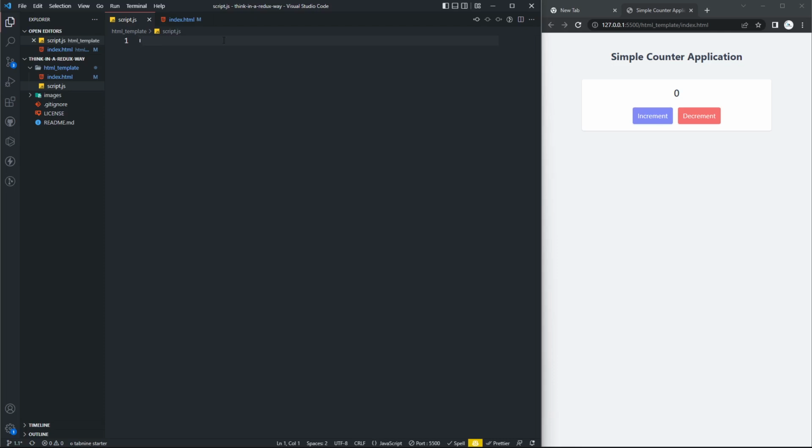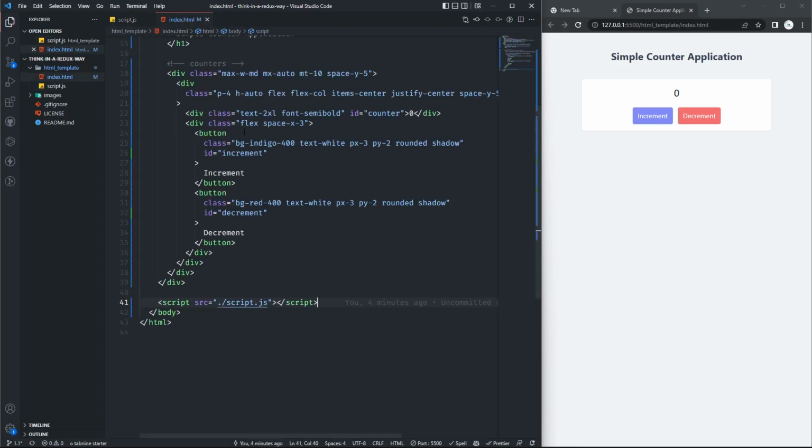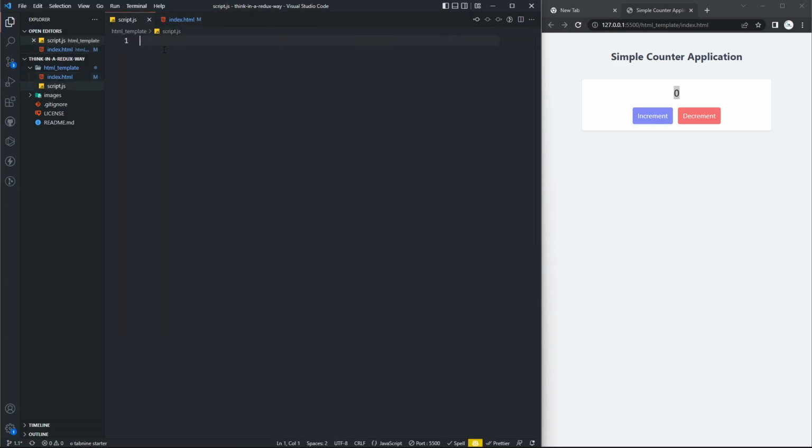First of all we need the id or class name: first the counter, second the increment button and the decrement button. So our counter is here with its counter id, here is the increment button id, and here is the decrement button id. So let's go to the script file, and first of all